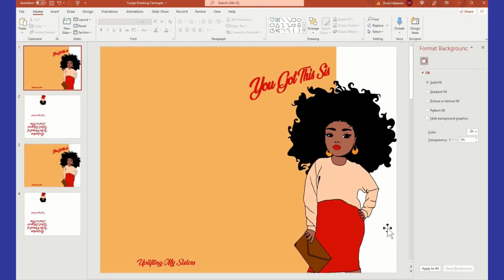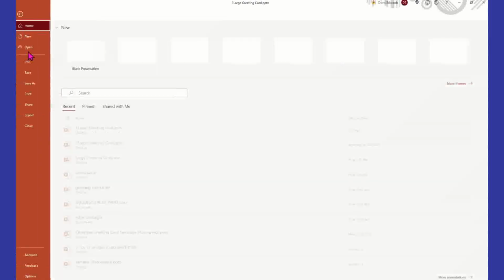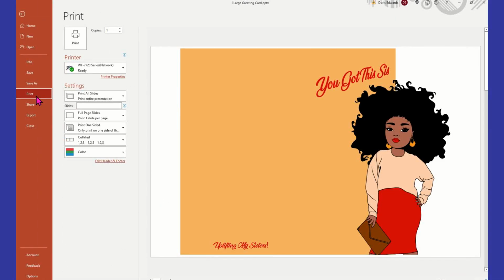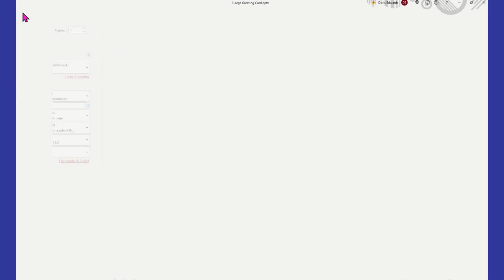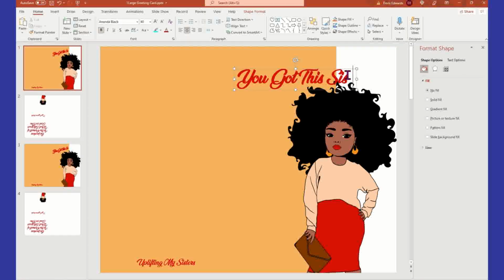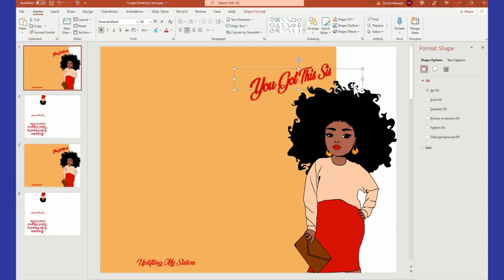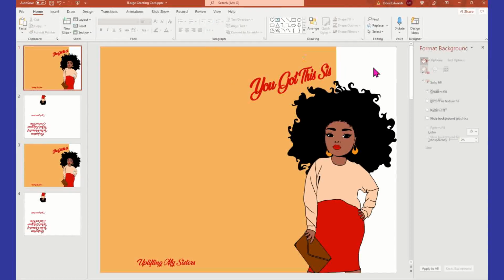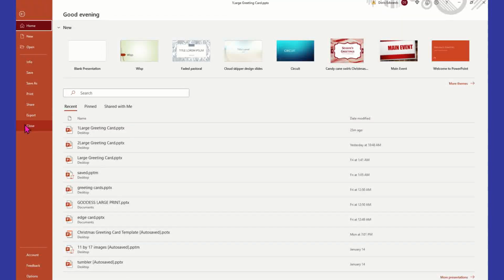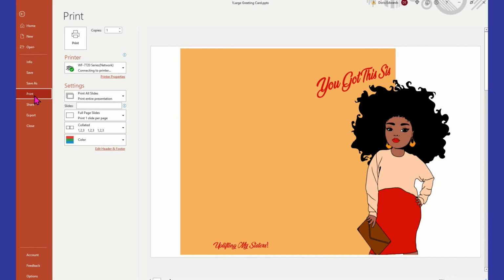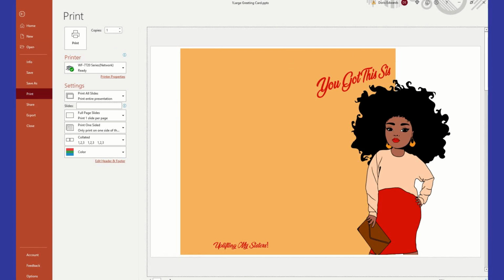I promise you, when you see the exclamation, I'm going to show you here. You see the exclamation is not here, but when you go in and you click on File and Print, okay, maybe I forgot to put it because it's there, but not there. So let's just take a look and see. Let me see if I can fix that. It may be because I have the, yeah, that's what it is. It's because we have that